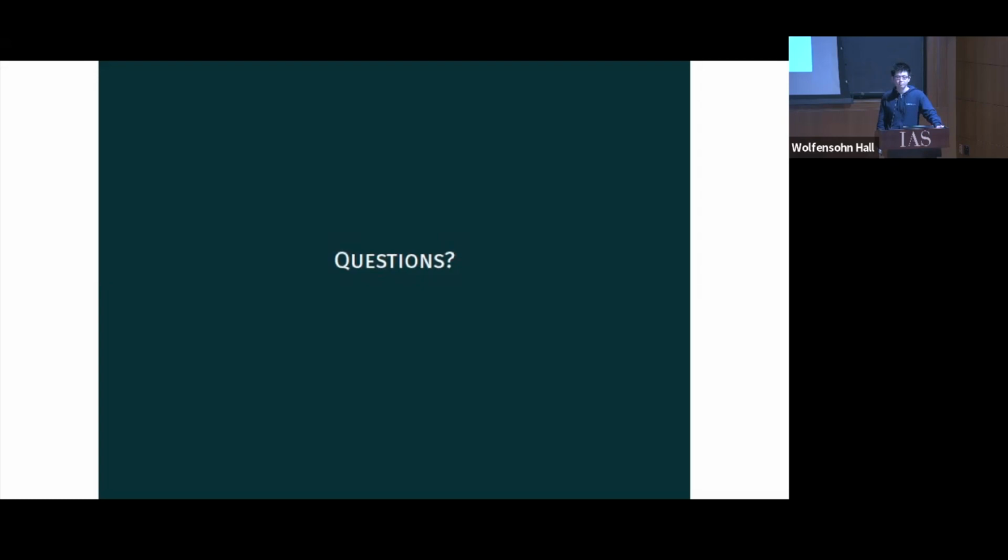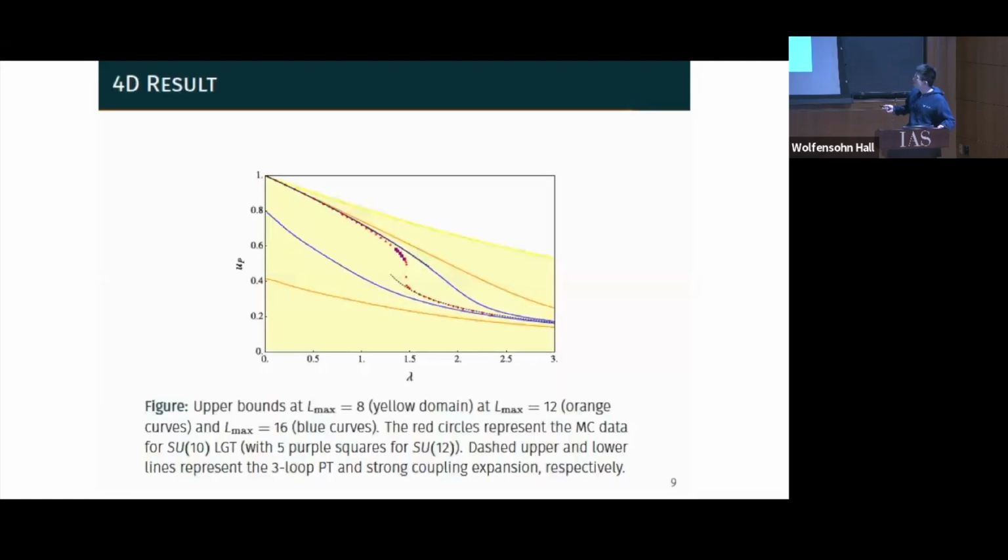Questions? Yes, please. Do you have an intuition as to why the upper bound is really close to the Monte Carlo answer, the weak coupling, and the lower bound is really close to the strong coupling? Yes, there is some